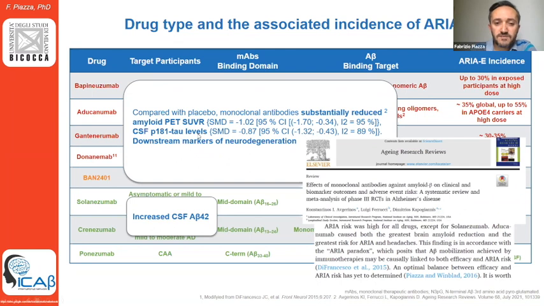But none of these drugs clearly demonstrated an increase in beta amyloid 42, which was quite expected,